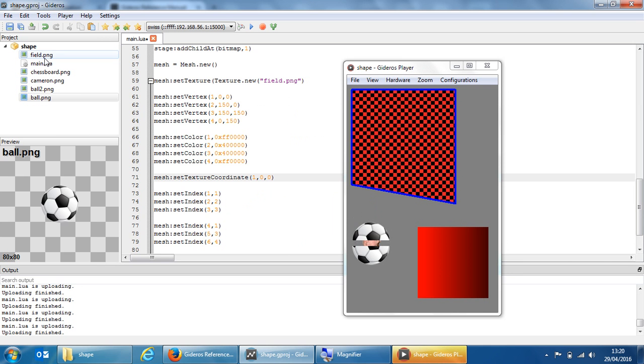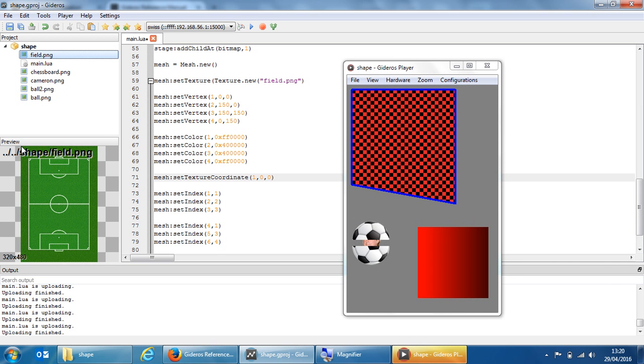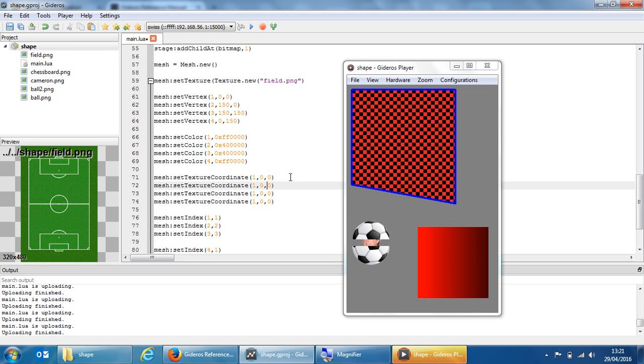So what I'm going to do is pull out bits out of this field. So 0, 0 is the top left. And I'm going to have 4 of these, one for each vertex. And it is in pixels again, so it's 150 by 0, 150 by 150. Well, I'm going to choose 150. The whole texture is bigger than that, but I'm not going to use the whole texture. I'm going to use 150 pixels out of it. There we go. If I run that,